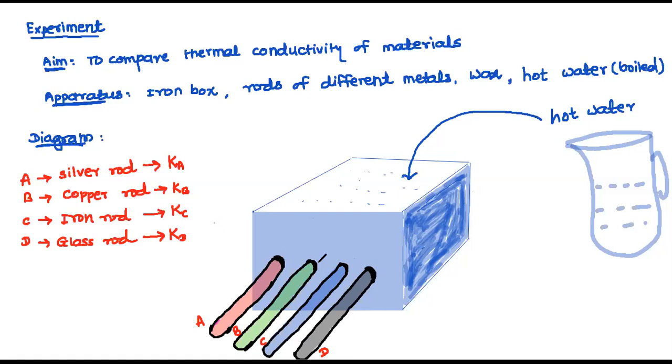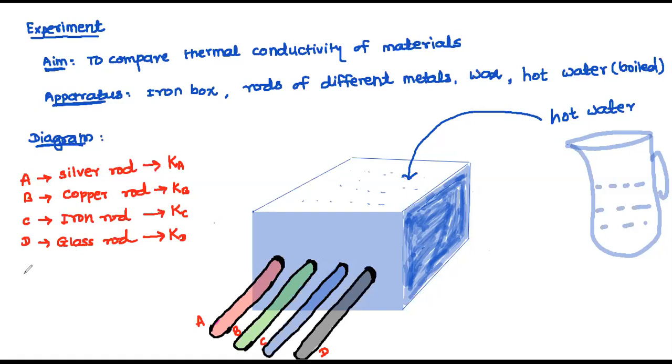Okay, sir. We understood what we have done till this moment of time. We have taken an iron box. In that we have poured hot water and we have inserted all these rods. Sir, but should we take uniform area of cross section, because conductivity depends on area of cross section also, length also? Yes. So I am writing here, you can see